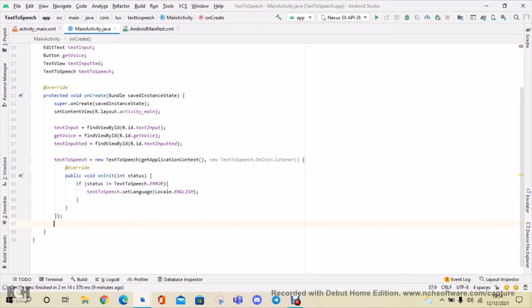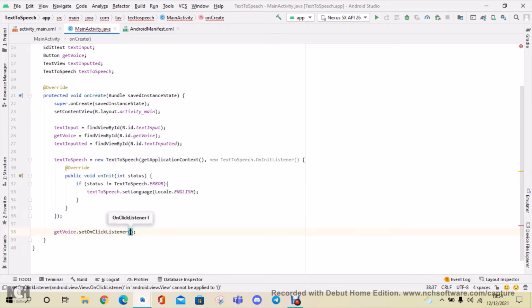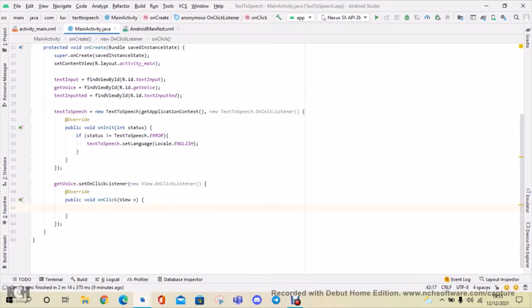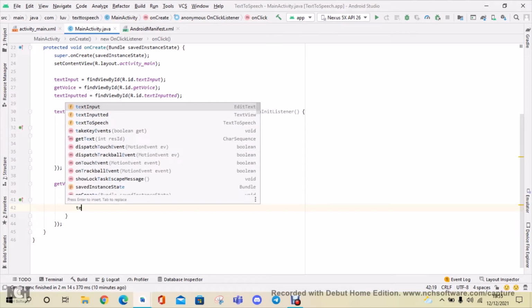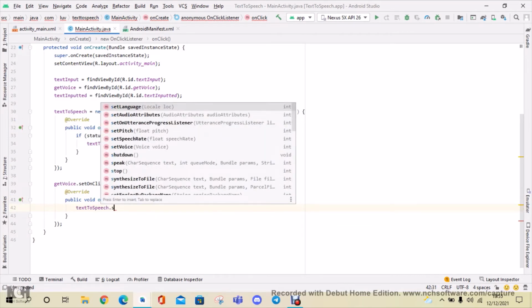And now the final part. Now that we have everything set up, all we need to do is, when the get voice button is clicked, we need to get the voice as well. So what we have to do here is the text to speech. So we need to make it speak. So dot speak,